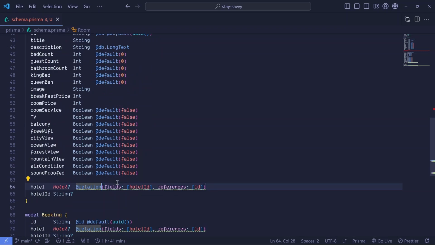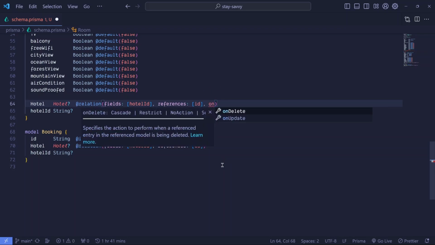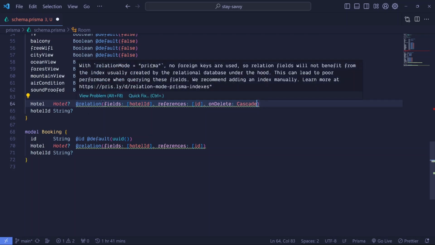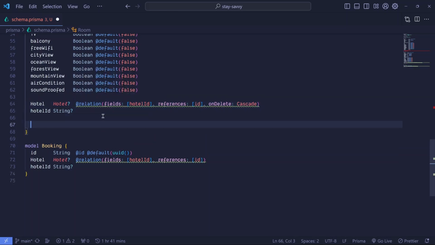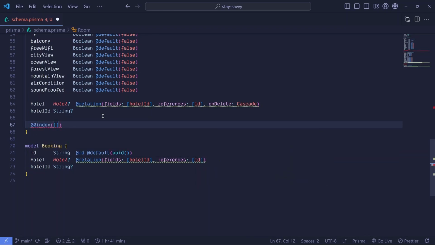Now one thing that I will add in this is that whenever we delete a hotel, we will also want to delete the rooms. Okay, so right here I'll say on delete and you can say cascade, and you can see it's still complaining. So we added a relationship mode, so we need to add the index. So right here we will say at index will be our hotel ID. So hotel ID,